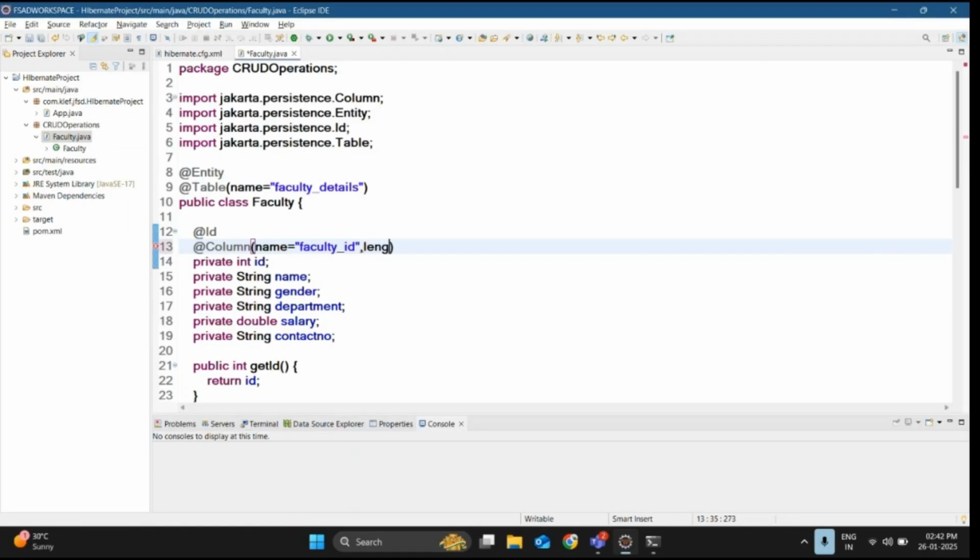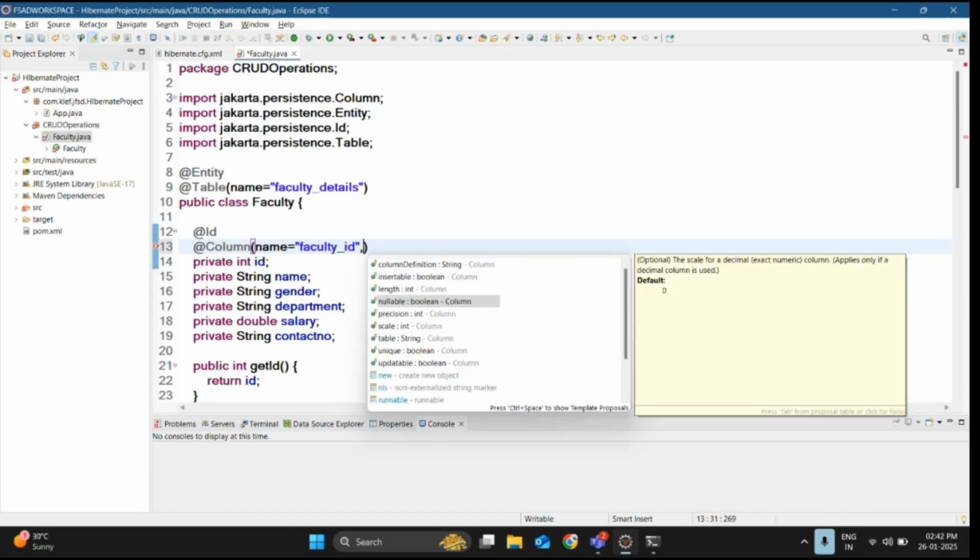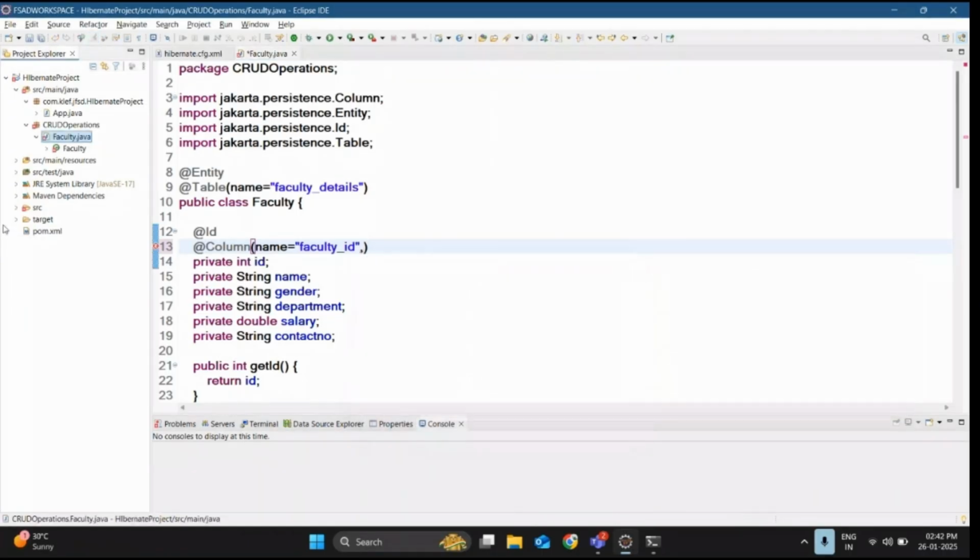And next, I don't want to give any id, I don't want to specify any id, guys. If you want auto generation value, you can do that, but as of now I'm not using any auto generated values. I want to give my id by the user only. You can also generate automatically while running the project. While giving details, it will automatically generate the values. But as of now, I don't want to generate those. Okay, so I'm leaving it like this. And next thing,